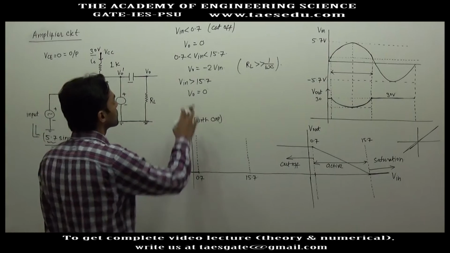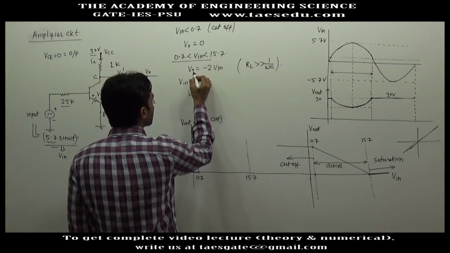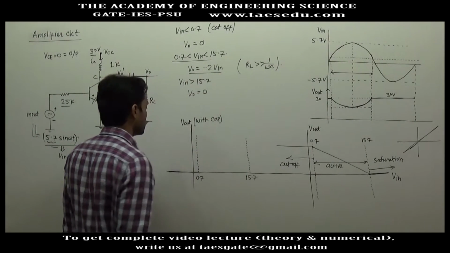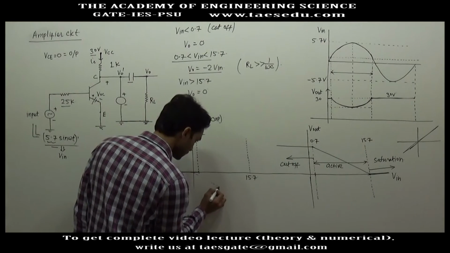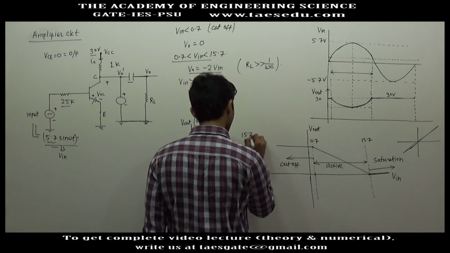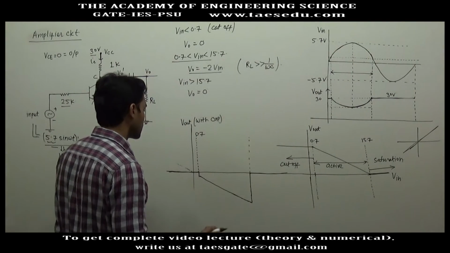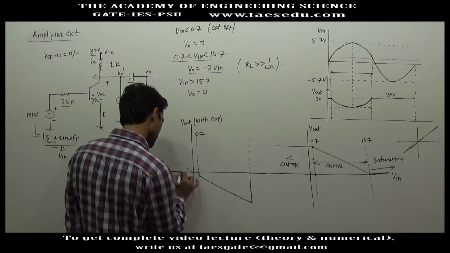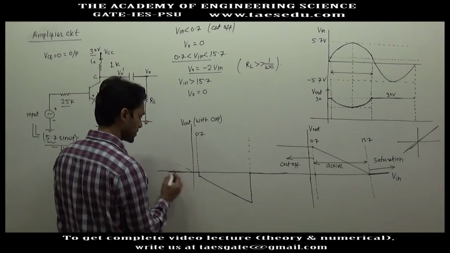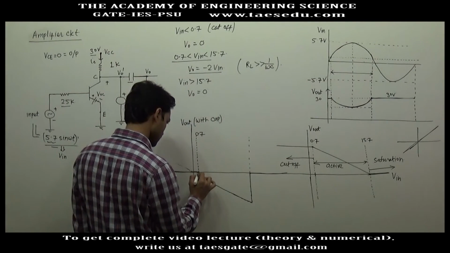When input is in this range, output is minus 2 V input. We will get this type of graph. When input is less than 0.7 volt, output is constant at 0. Then